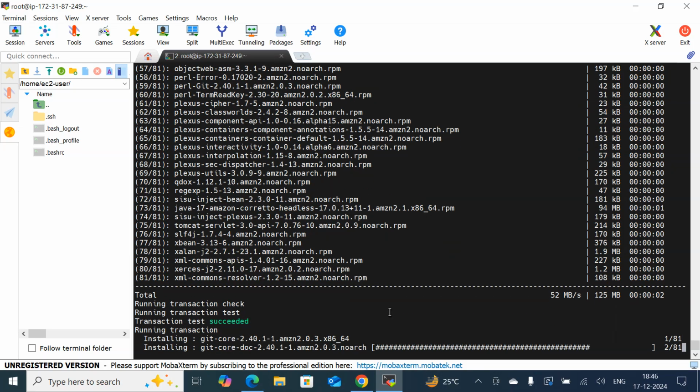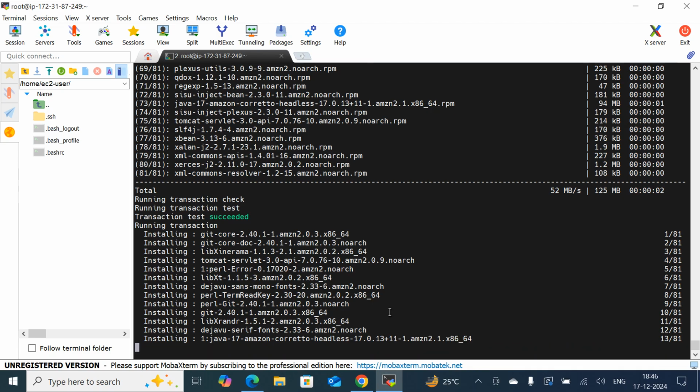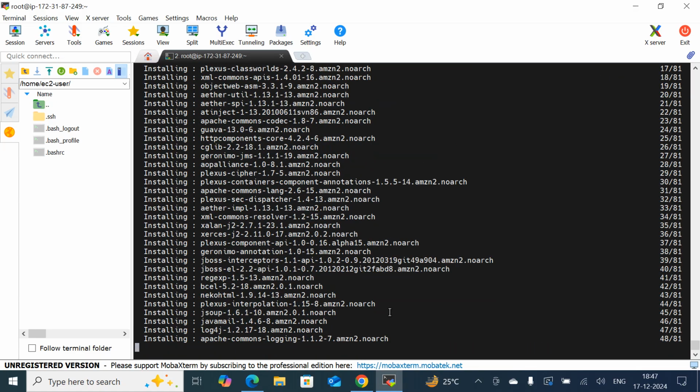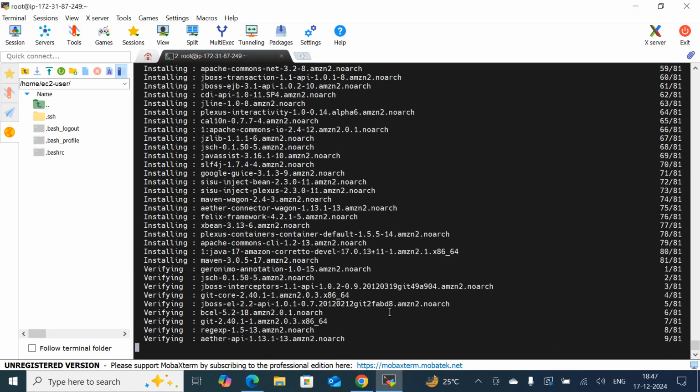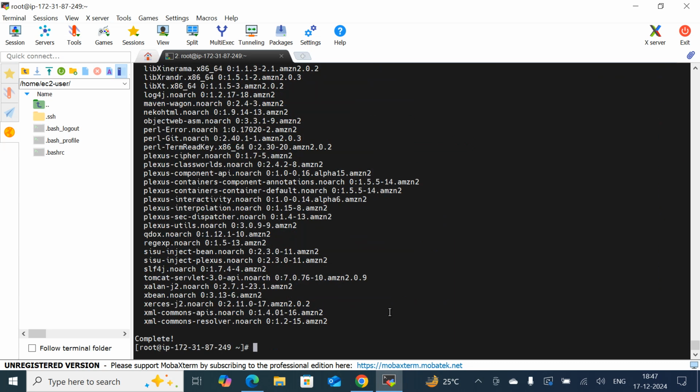And once the things are done, if I want to check whether the service is up or down, what is the service I had installed? Jenkins is the service. The service which I had installed, is it in running state or not? If I want to check the same, how can I do it? With the help of the command systemctl status jenkins. If you type systemctl status jenkins,